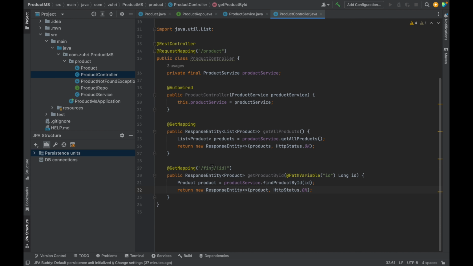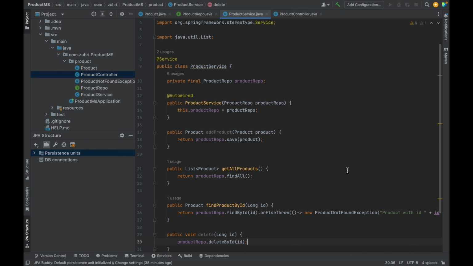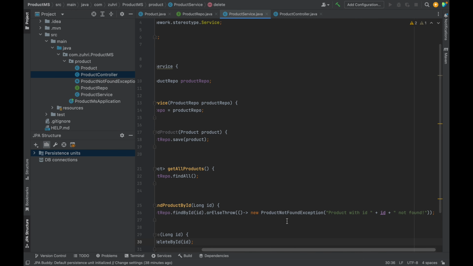Okay, endpoints. When the user is requesting to the product and slash find and slash an ID, with the get method, we are just finding the product with ID. If the product exists in our database, we're just returning it. If not, as you remember, we are just returning the error on the service class. Okay, and here,